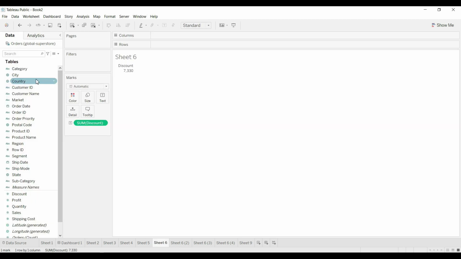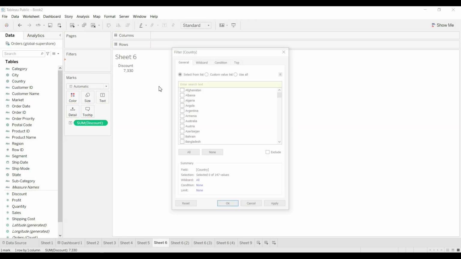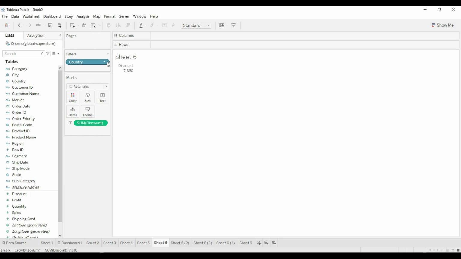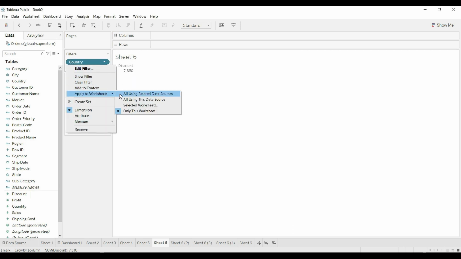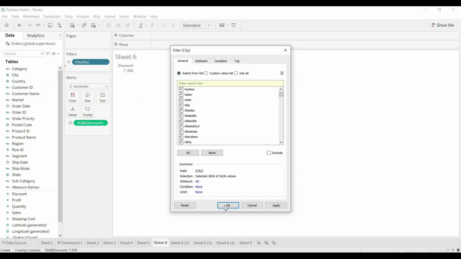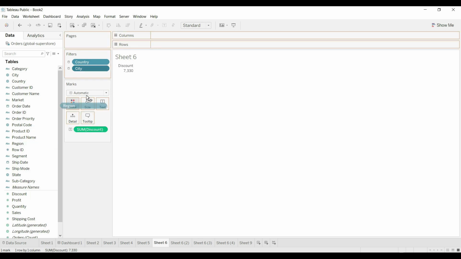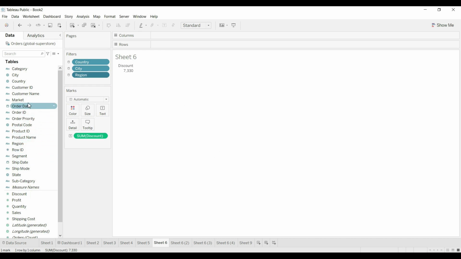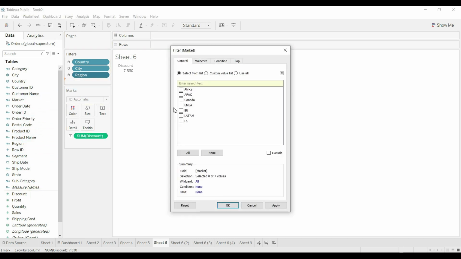Let's suppose we want to filter the dashboard on the basis of country. Let's apply it to all charts using this data source. Then we can apply it on the basis of city, on the basis of region, and let's suppose we want it on the basis of market.